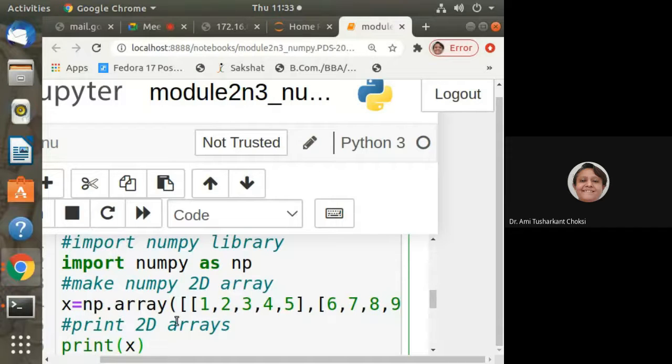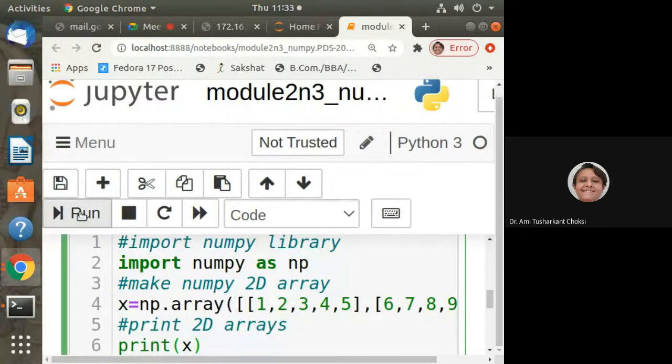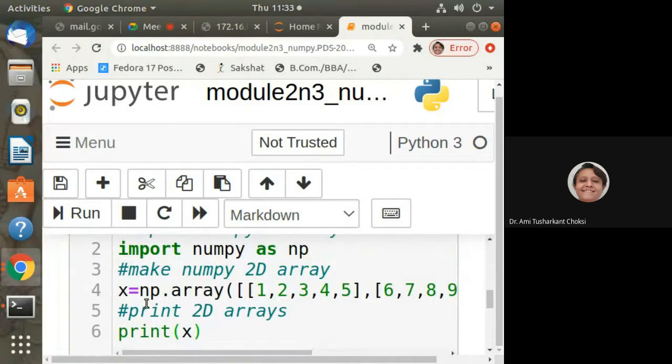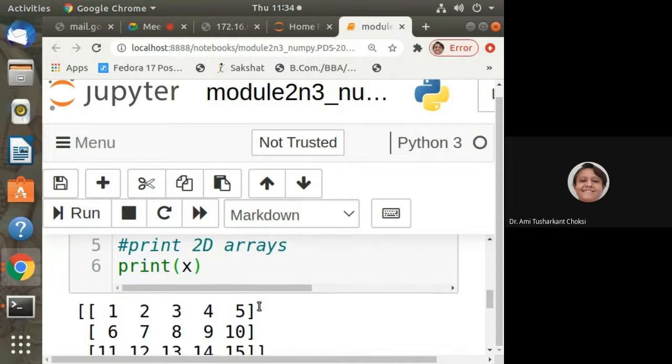After that, what do we want? We want to do the operations. But first of all, we should run this so that our X will be there in effect, right? X value we have already seen. That was 1, 2, 3, 4, 5, 6, 7, 8, 9. Now we have changed that value, so we should run this. Then only this value will be there in effect. Okay. So this is the value.